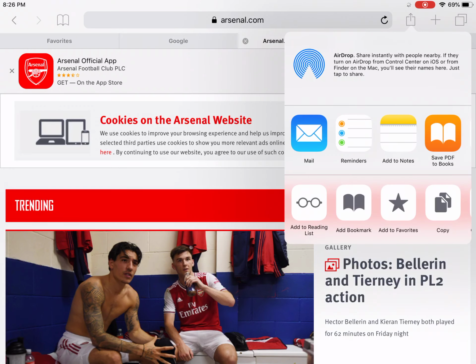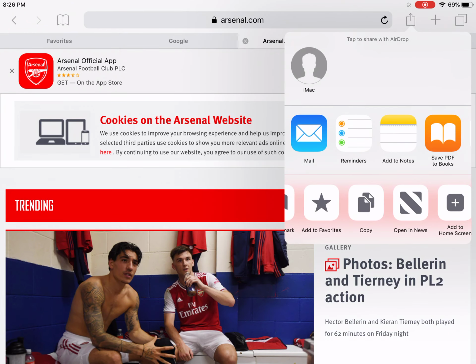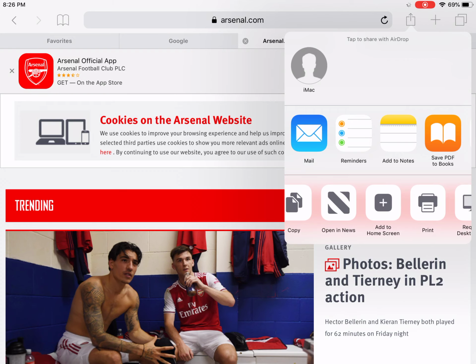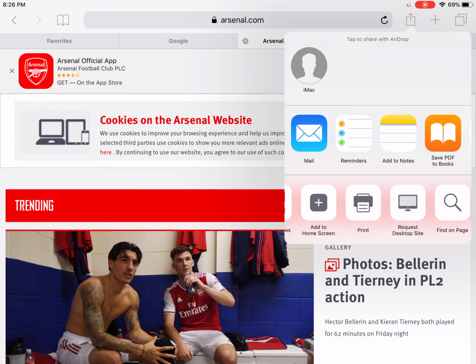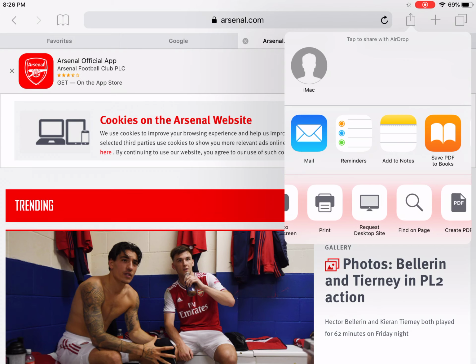Now you can also copy it. That will copy the link if you do want to paste it later or send it to someone. Open in the News app, add it to your home screen. You can print it from here if you have a wireless printer set up. Request desktop site, so that'll essentially get the full version of the site, because most of the time on the